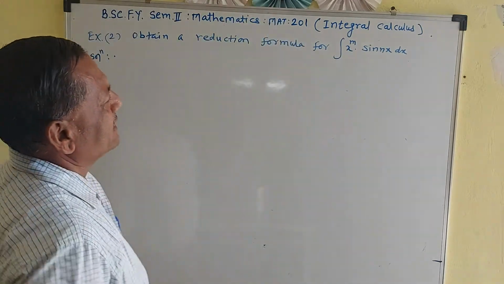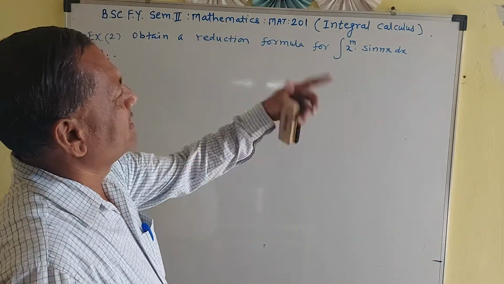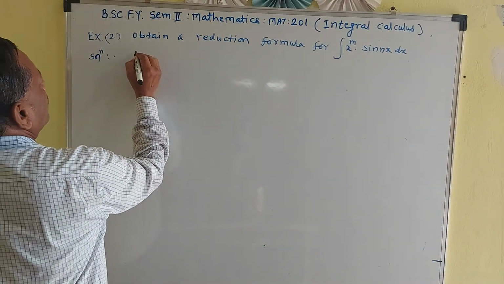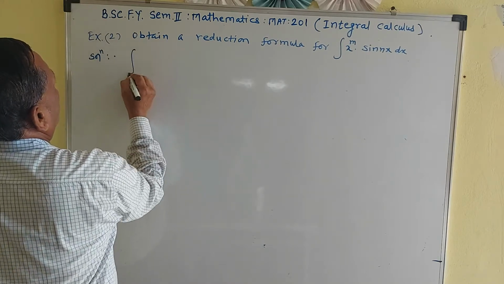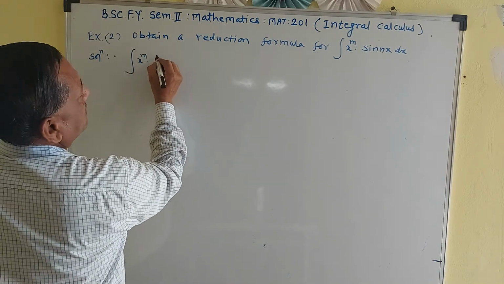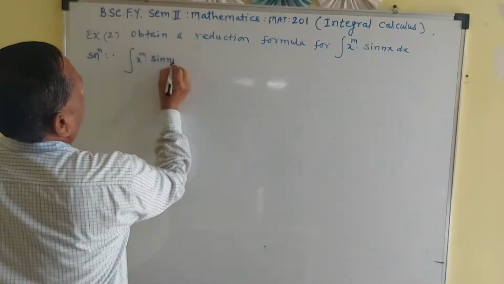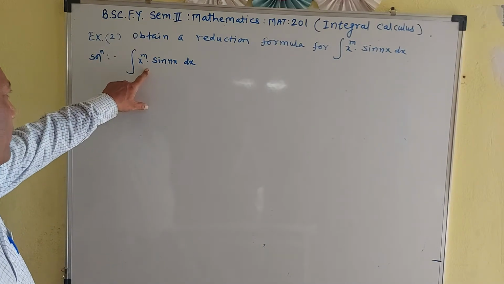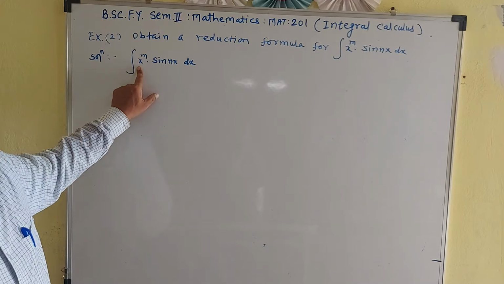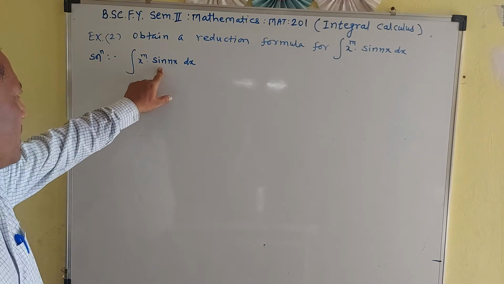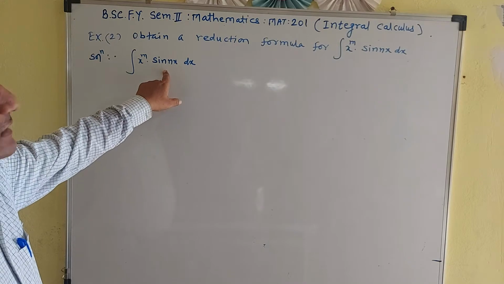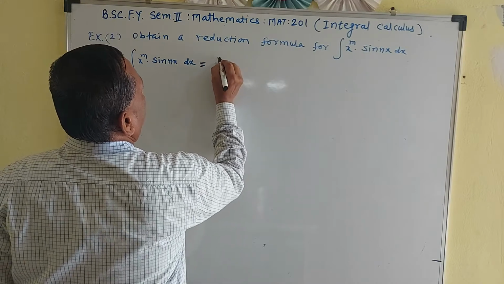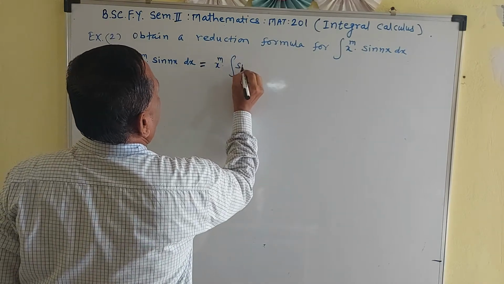Also you can take x raised to n into sin nx. If you replace the places of m and n, no harm. Then again making use of integrating by parts, we have integration of x raised to m into sin nx dx. In integrating by parts using the LIATE rule, here x raised to m is the algebraic function. You take the first function as x raised to m and the second function as sin nx, the trigonometric function. So it is equal to x raised to m into integration of sin nx